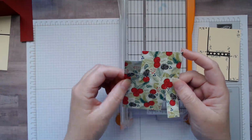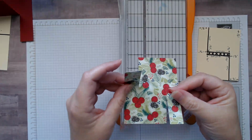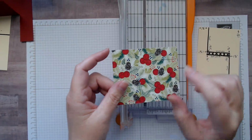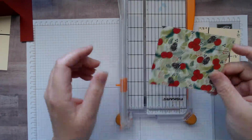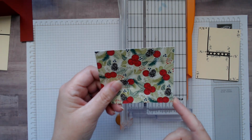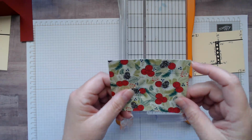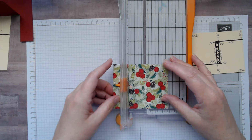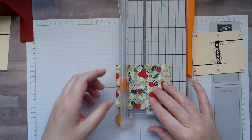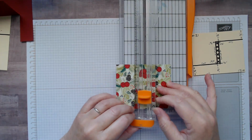Oh yeah, I did that one. Okay, so it should look like this. Okay. Then we're going to take it over to the side, right here on this side. Okay, and we're going to put this edge right here up to the 1 7/8. Okay, so we're turning our paper this way. Okay, and then we're going to go 1 7/8 right there. Okay, then we're going to put our blade right here at 3/4